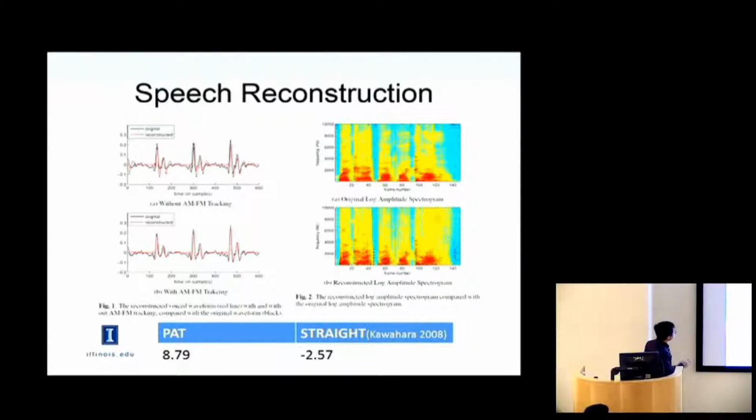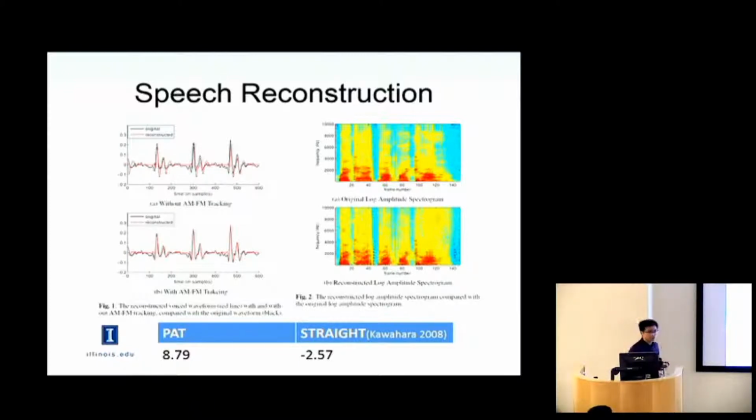As you can see, without AM/FM tracking, it is already doing a good job, but it fails to track the AM/FM movements of speech. With AM/FM tracking, you can see the amplitude gradually goes up, and there is a misplaced pulse here due to the non-perfect periodicity. But here, the pulses overlap with each other. And then we calculate the SNR of the reconstructed speech versus the original speech